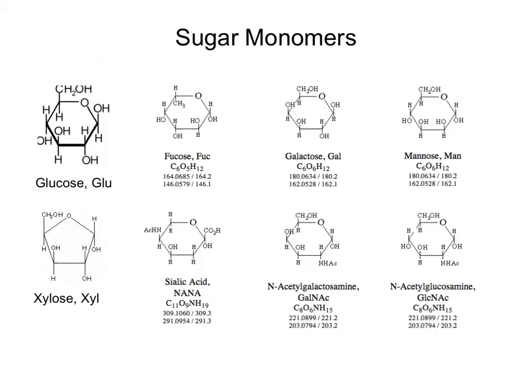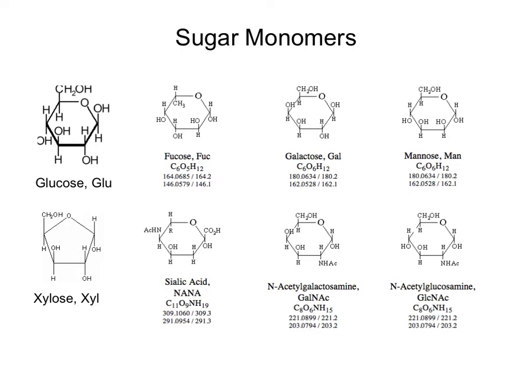Here are the sugar monomers. Like I said: glucose, fructose, galactose, mannose, xylose, sialic acid or NANA, N-acetylgalactosamine, which is GalNAc, and N-acetylglucosamine, or GlcNAc. So it's my expectation that for exams and tests, you are able to know the structures of the sugar monomers